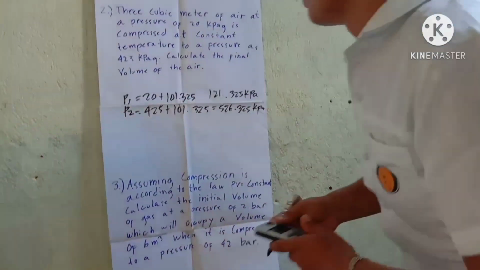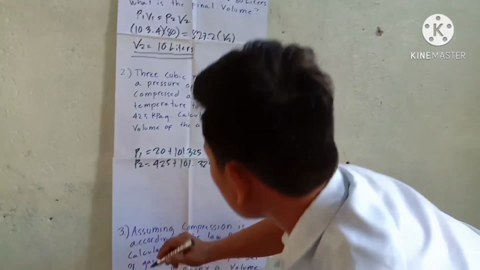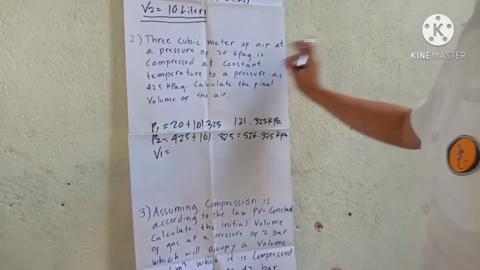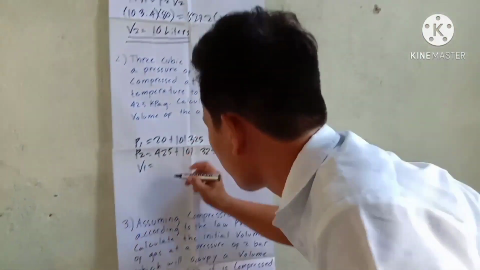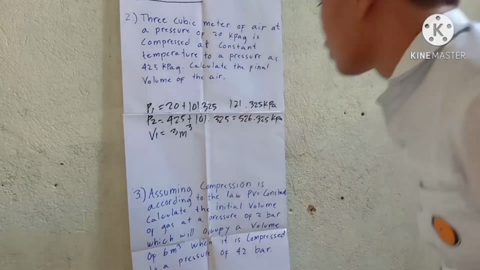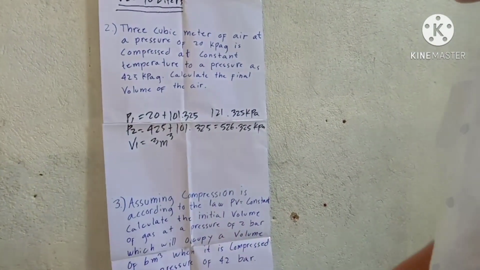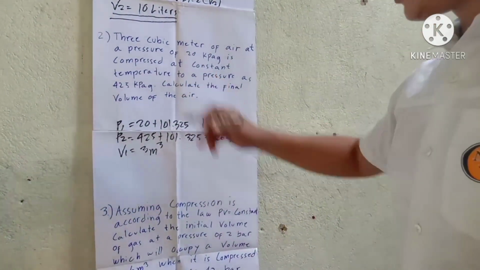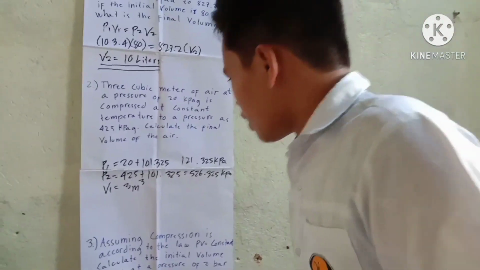Then the volume given is volume 1 equals 3 meter cube. Since P1 and P2 and volume 1 are given, we need to calculate the